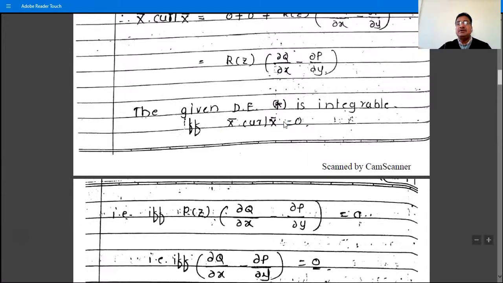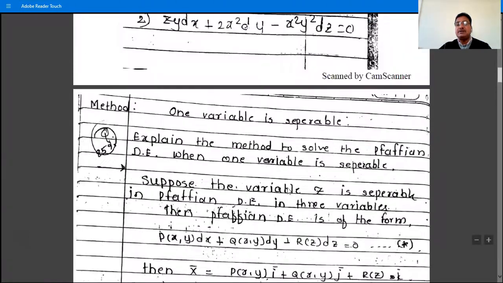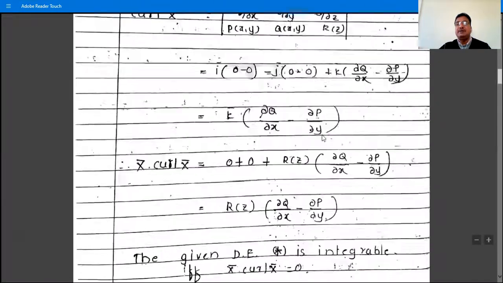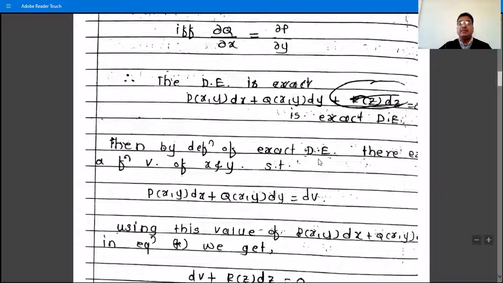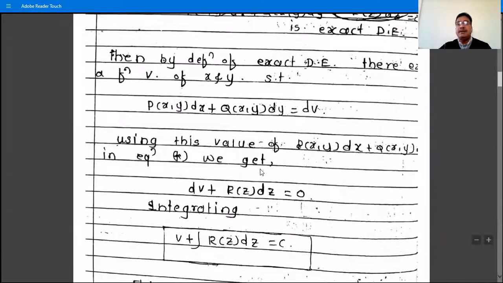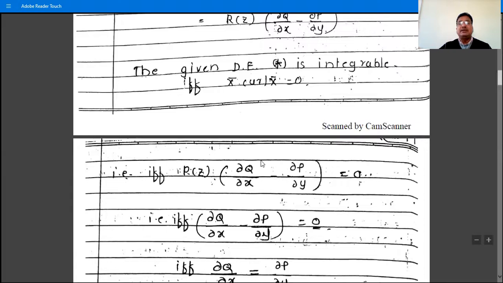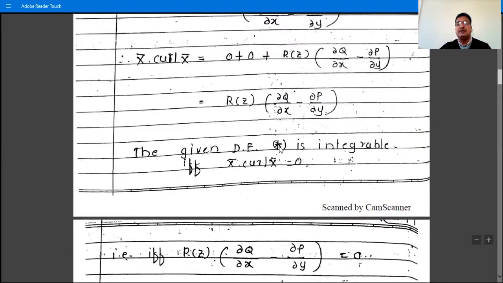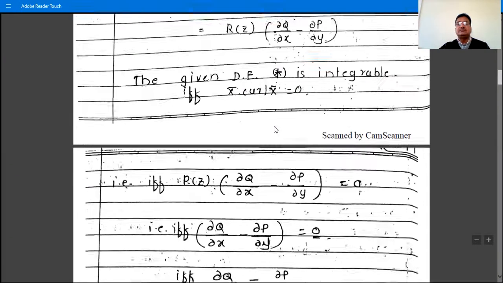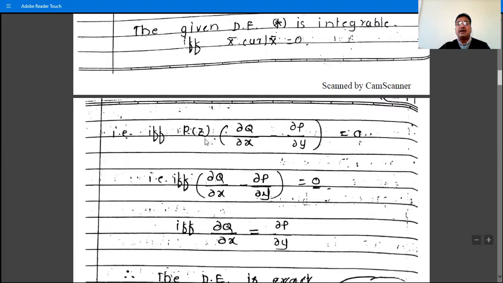The given differential equation, this one, the three variable Pfaffian differential equation, is now integrable. Any Pfaffian differential equation is integrable if x bar dot curl x bar is 0, and therefore this equation star, the Pfaffian differential equation, is integrable if x bar dot curl x bar is 0, means this is equal to 0. That is, if and only if rz times (∂q/∂x minus ∂p/∂y)